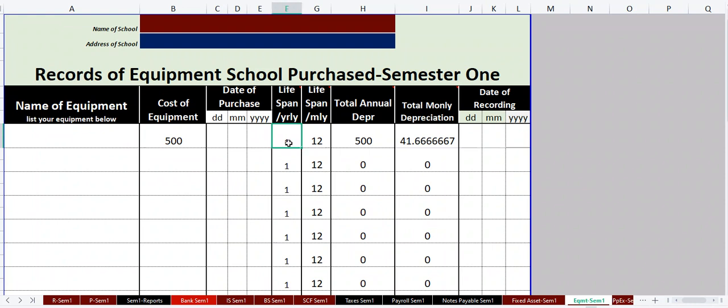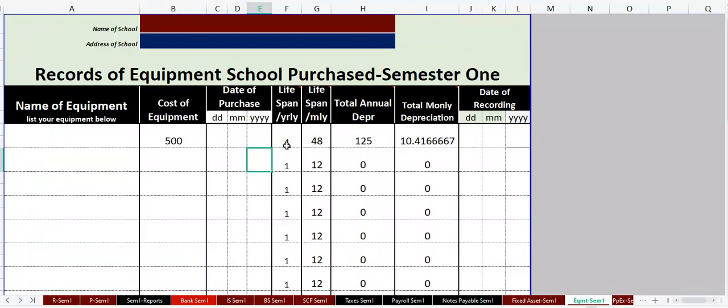So the laptop, we say 5. Okay, let's say we expect to use a laptop for 3 years. So for 3 here, if you put 3 there, you will see this will change automatically to 36 months. But I don't like this small percentage, but nothing wrong with that. If that is what you have, you can leave it like that. But for the purpose of this, let me try to say, let's say full